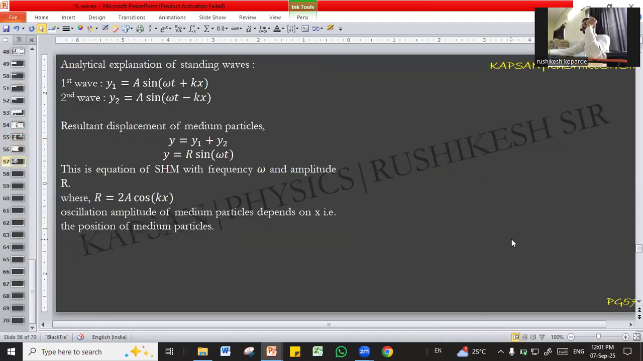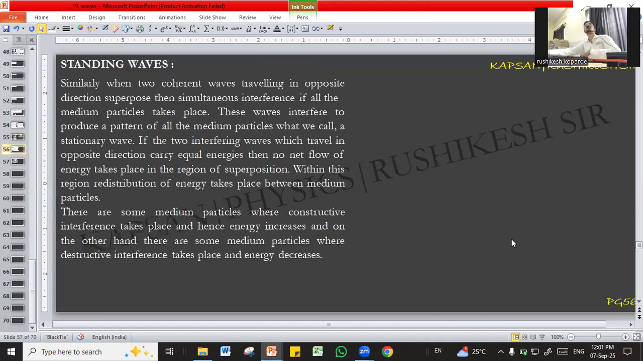Then we have standing waves. Let's not talk about standing waves. So up to this, we have one part of the